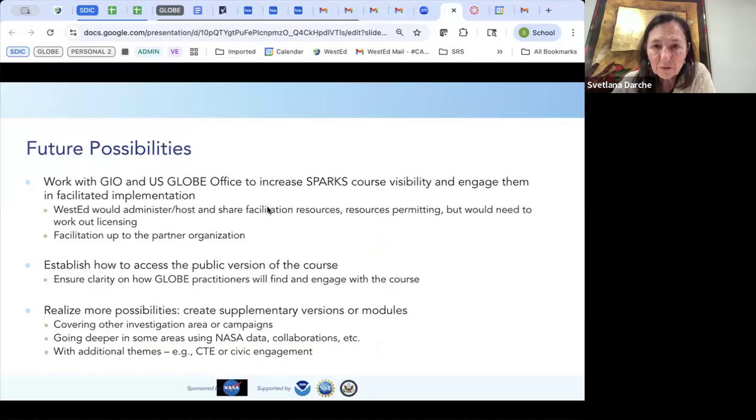Future possibilities. So we clearly want to continue to work with Jen's office and with the GIO to make this more available. One of the things we didn't talk about too much, and I won't go into any detail, but there's lots of ways to use this course. And in some cases it's purely introductory. So Lorraine, for example, if she were to do a training in New Mexico and she's just able to give them a taste, but there's teachers that actually want to engage with more seriously, she would get access to the